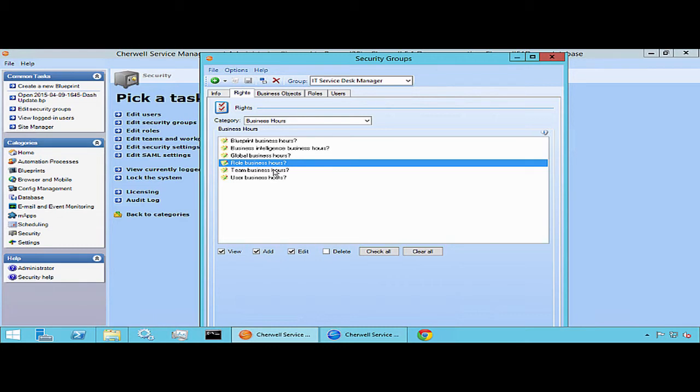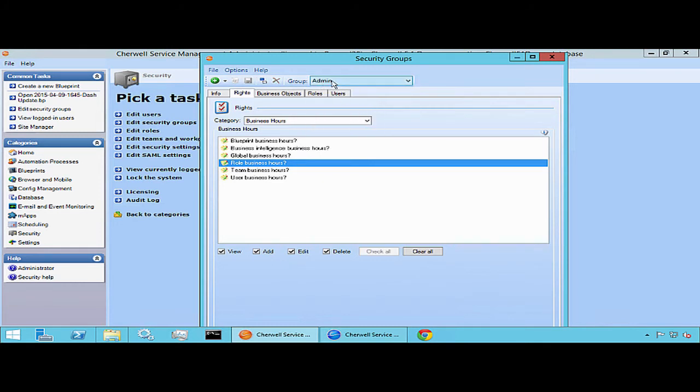If you remove the delete right, it'll help avoid any potential accidents with deleting the business hours. Such as if you have some kind of sub-admin group defined somewhere, it may make sense to remove that right for the sub-admin. However, if you also wanted to do that on the main admin group, you would do that